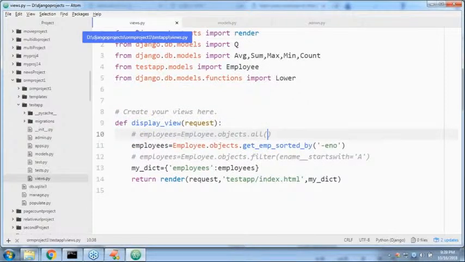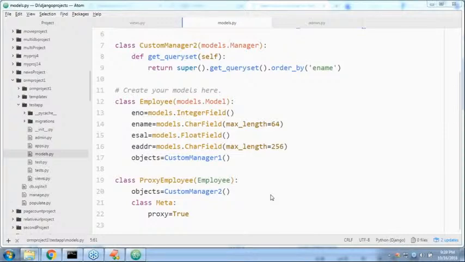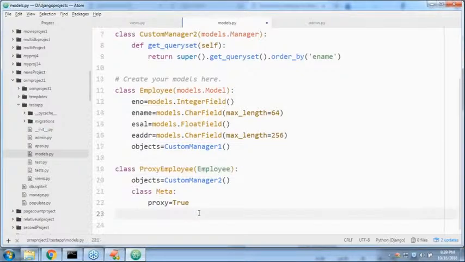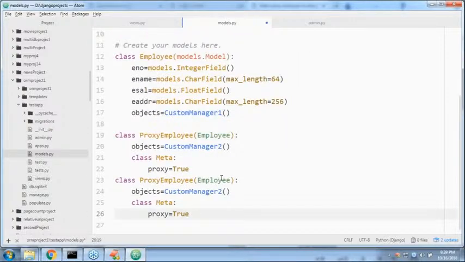Sir, tomorrow I want to take one more proxy. Is it possible or not? Yes, here it is also Employee only, but proxy 2. Here let me take another custom manager 3. Yes, I can define another custom manager. This person always talks about